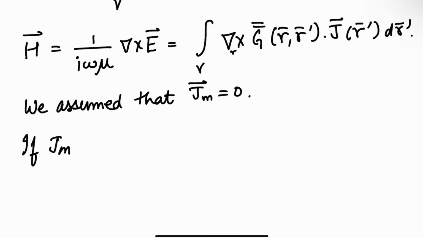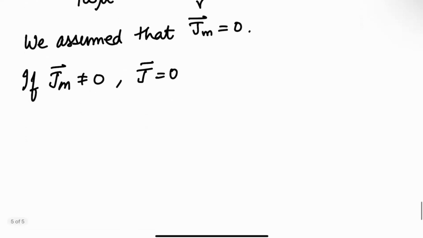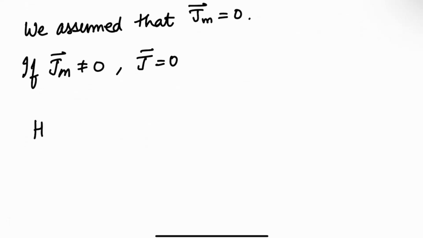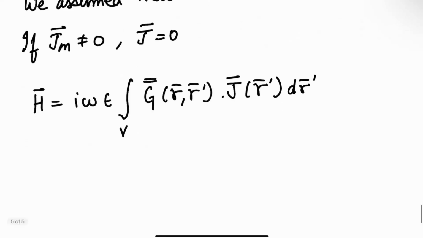So if Jm is not equal to 0, J is equal to 0, then you will have Jm in your Faraday's law and no J in Ampere's law, but you can go through the same thing because of the symmetries in those two equations, and that will give you H equal to I omega epsilon volume integral G of R comma R prime J of R prime dr prime, and E will be equal to 1 over